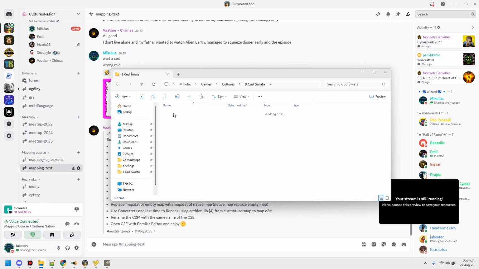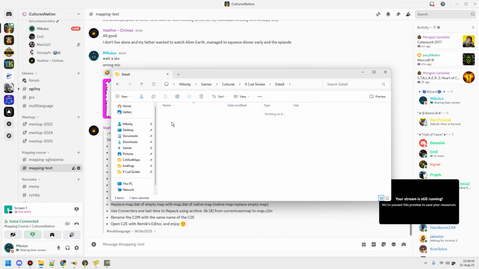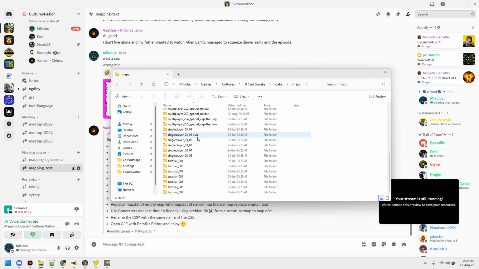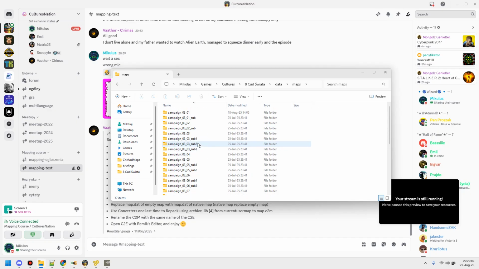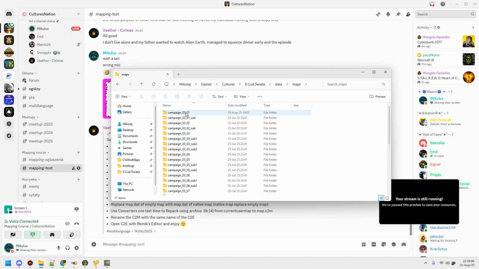Yeah, it's here. Let's say I extracted it. I had it previously there. But after that, we can go to this and delete this file just to make sure the game doesn't use this anymore. It's basically like a zip or rar. We can extract it. And then in data maps, we want to search for the maps which we want to edit. Let's say we're gonna use the Lantern of